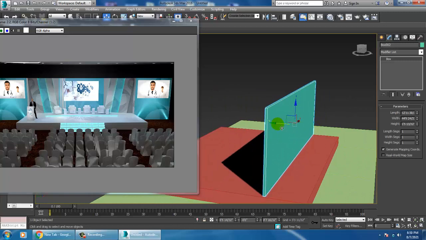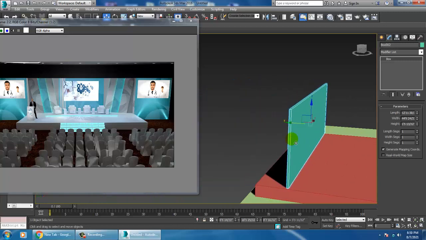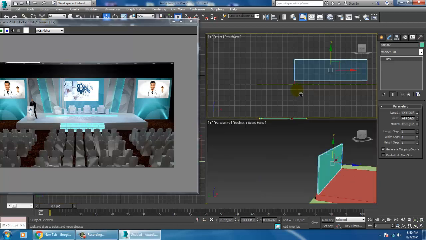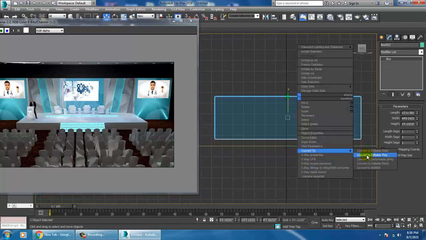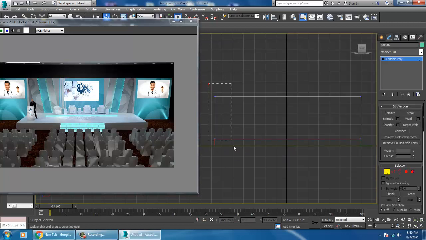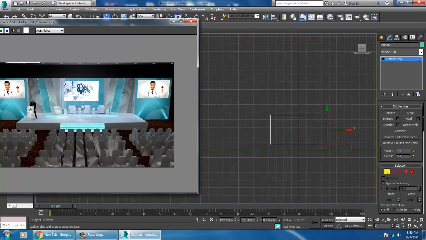Slightly I will just push it over here. I'll convert to editable poly and slightly shuffle this at the center. So that can be done in this way.